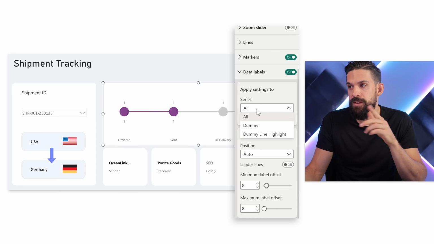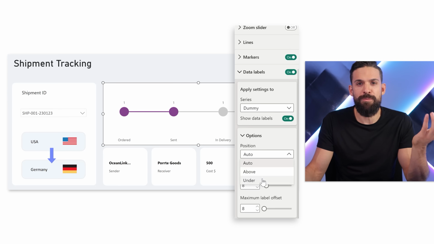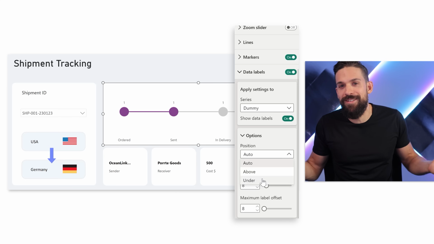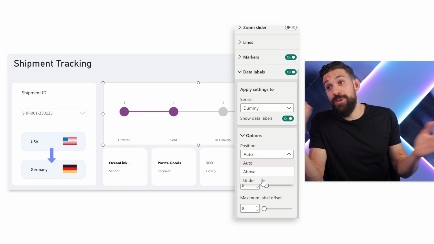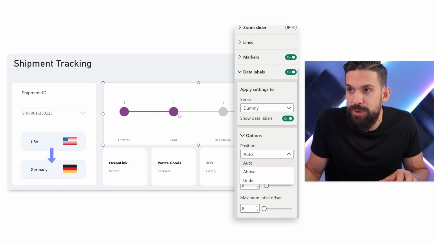Well, let me go here to series, dummy line highlight. I'm going to turn it off. Then I'm going to go to that dummy series. Okay, and now I want to put it on top. So position, above, under, middle is not there. Annoying. Okay, so we need to think of a workaround that lets us take those labels and put them there